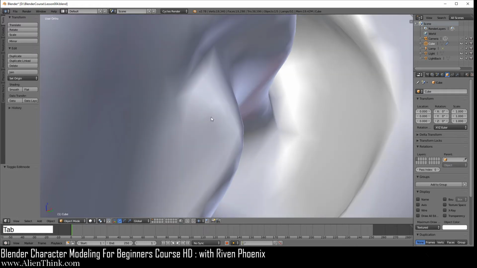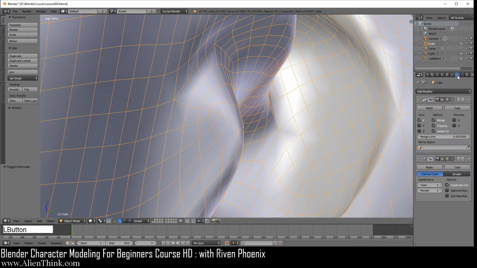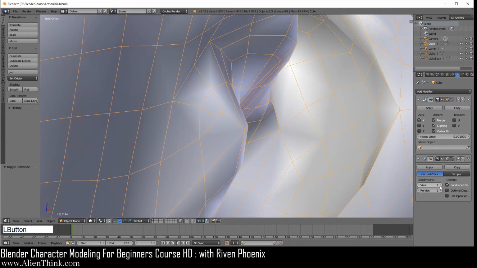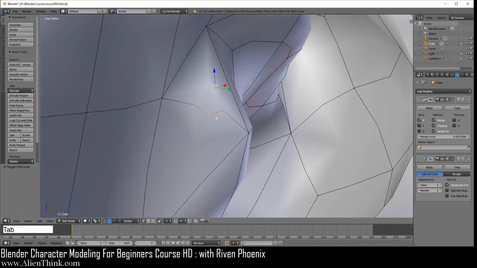So first I'm going to press Tab to go into object mode. Click on this and make sure that I'm on wire and draw all. So I want you to pay close attention to over here what Blender is going to do. Remember, to us, what's important is this subdivision, this level 1. See this? It's going weird over here. So let's see what happens. So if I press Tab, I'm going to click on this, press X, and choose dissolve vertices.